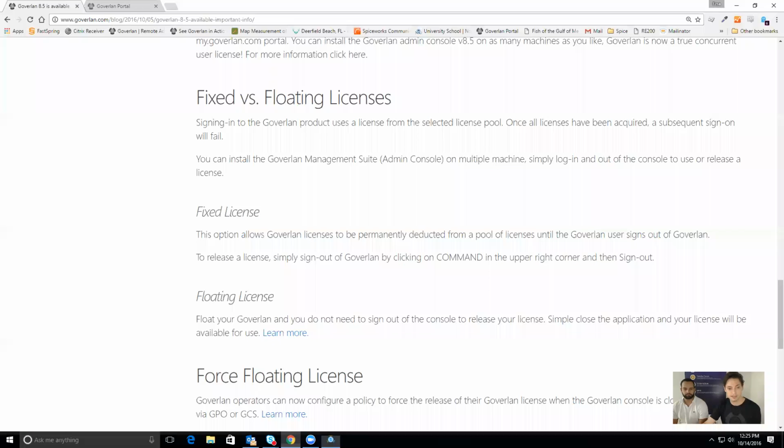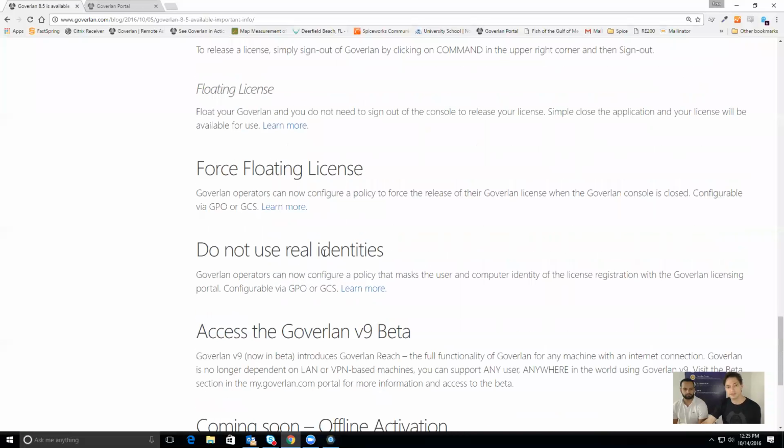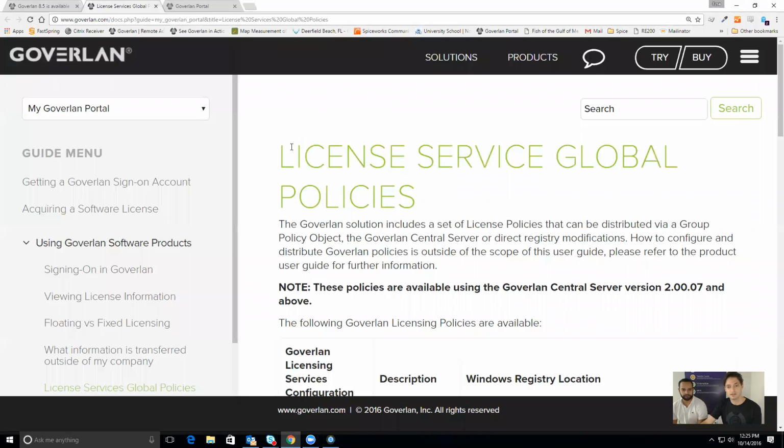All right, moving right along. So we talked about force floating. Okay, so do not use real identities. This is important for some folks, so I want to make sure we talk about it a little. I can enforce it if you want while you're talking. Okay, so